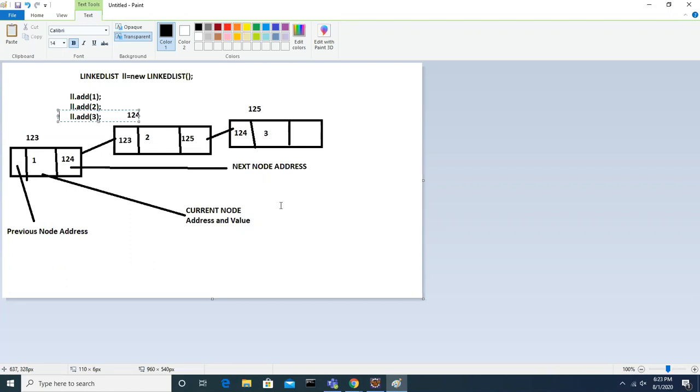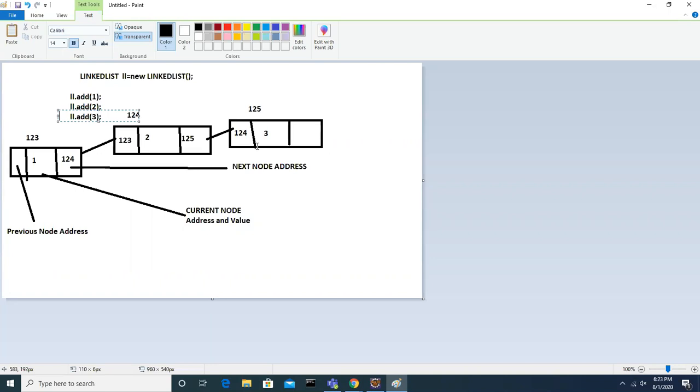So if you want to get the first node, second node, or third node, it will take less time, but let's say we have 100 elements. Whenever we are trying to access elements, the searching will not go directly to the element.